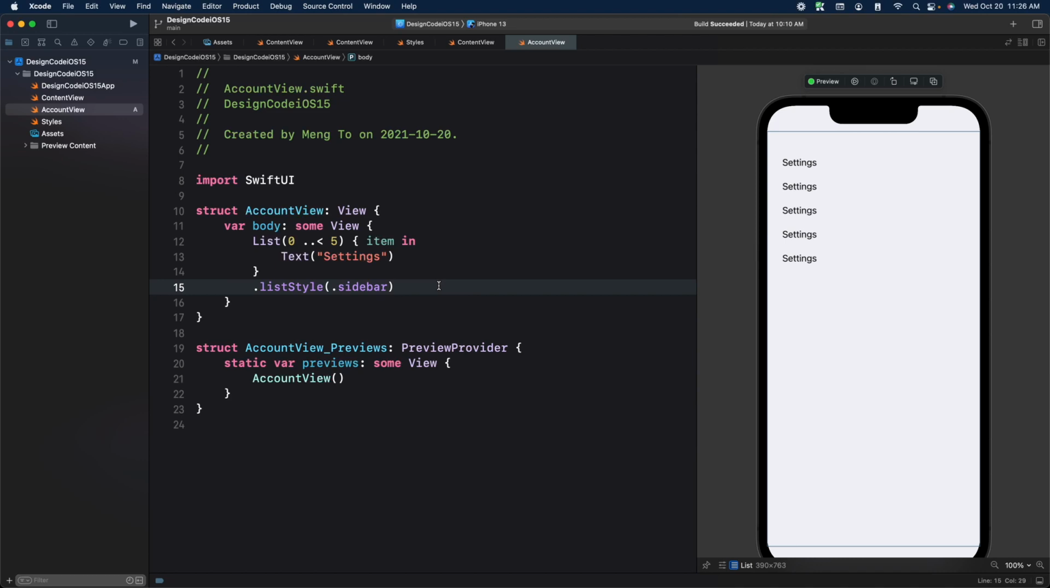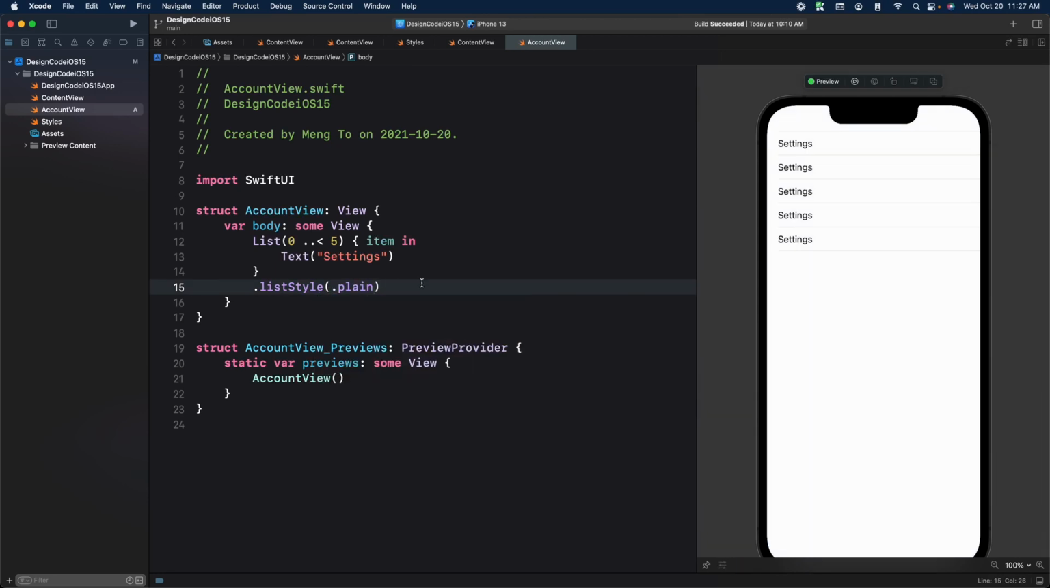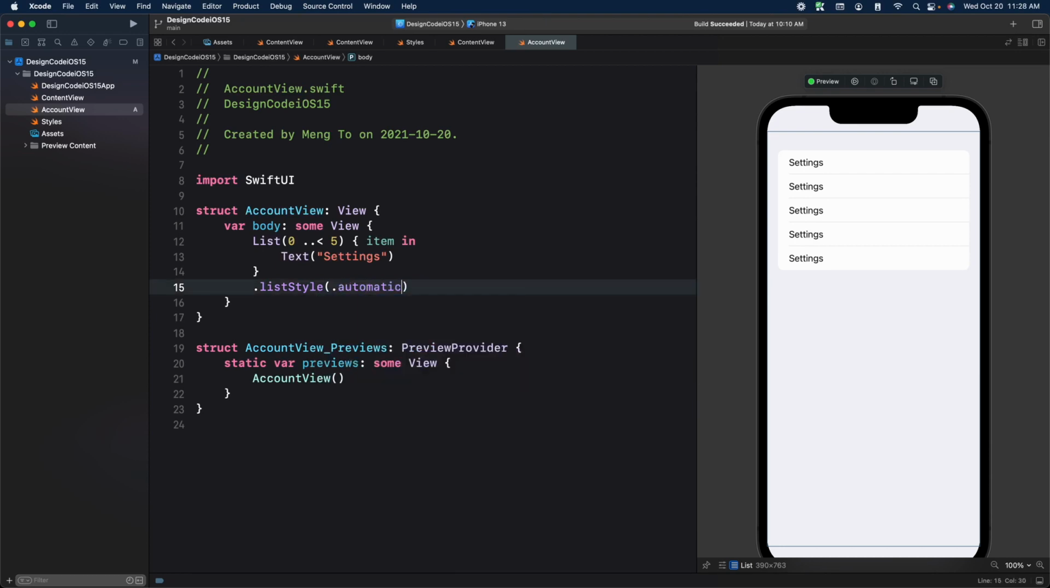One thing to keep in mind is that if you don't specify the list style, it's going to take the default style and it's going to be different across platforms. But it's very common to use plain if you want to customize more. Then if you want to group your items, so let's say you have this group here with a title, another group with another title, then you would use group or inset group, then automatic, and that's going to be changing